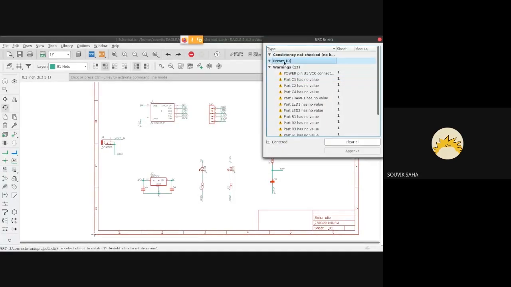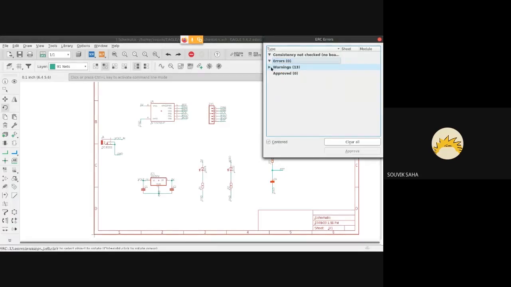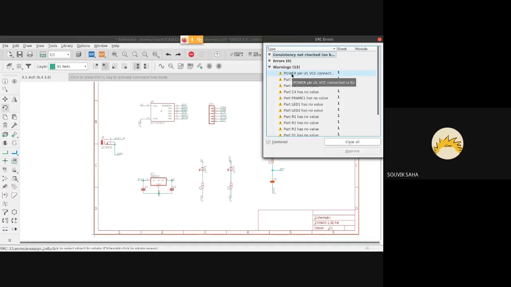We don't have any errors. We have a couple of warnings. Warnings are okay, we'll deal with them later. If you have any errors, please resolve them first. We need to ensure that there are no errors. If you have a couple of warnings, that's okay.